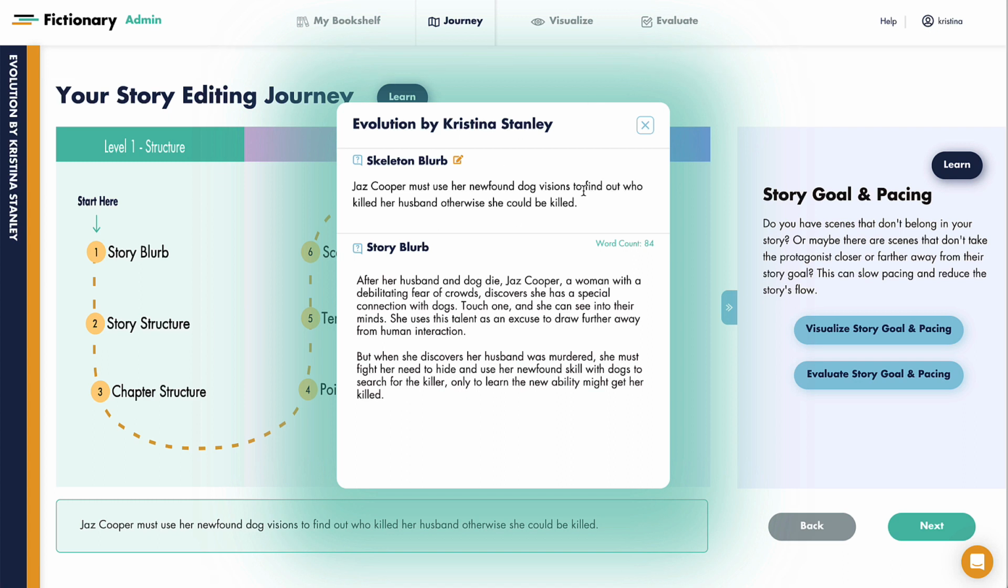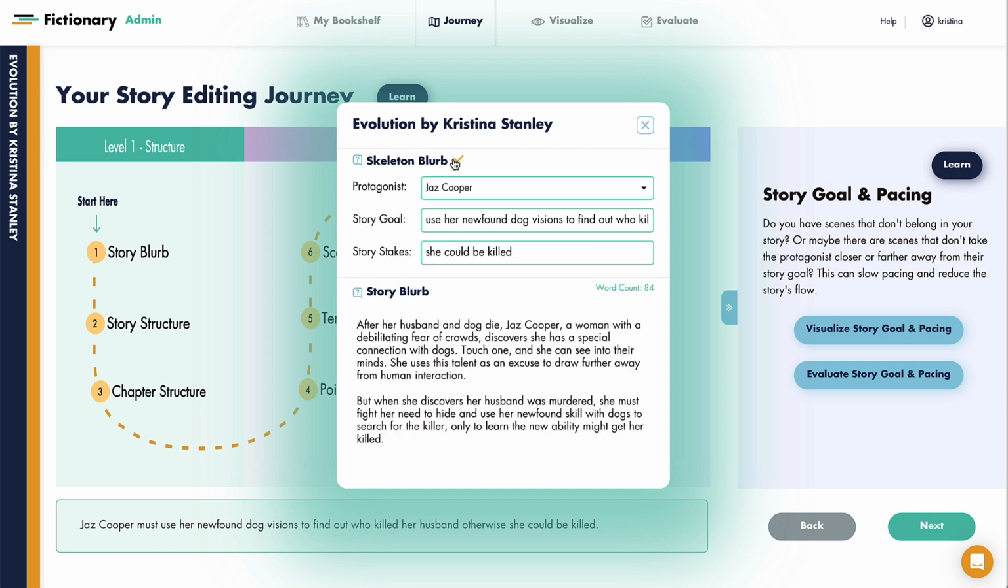To evaluate a scene, you must be clear on who is the protagonist, what's the story goal, and what are the story stakes if the protagonist fails to achieve their goal. We're looking at my manuscript Evolution, and now I'm going to show you the story elements you need to evaluate